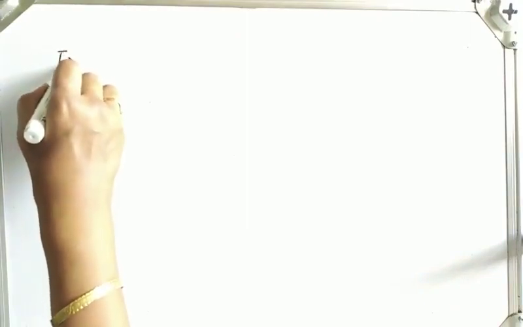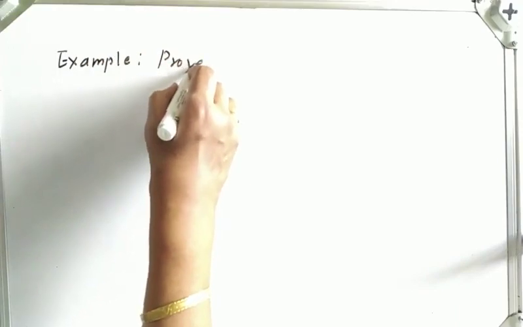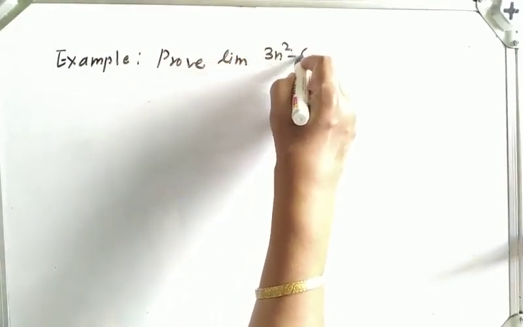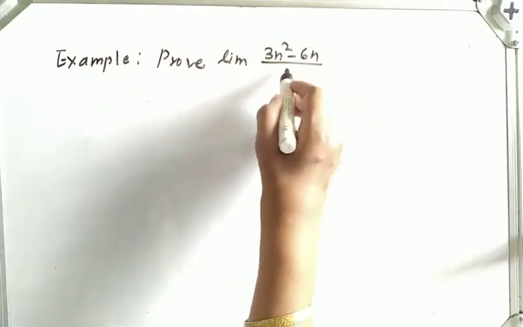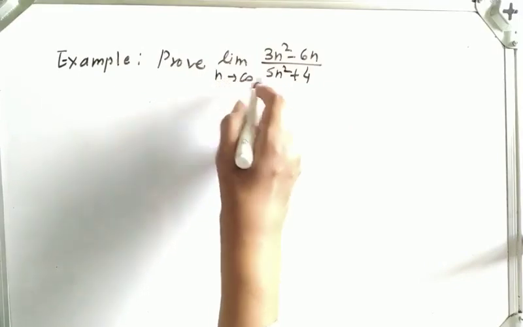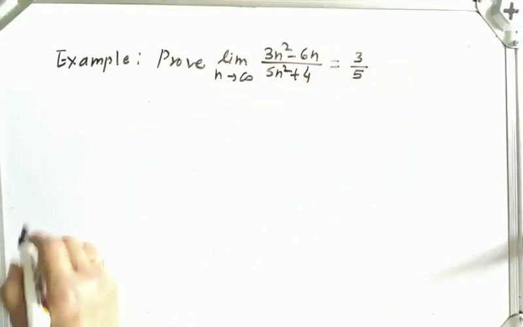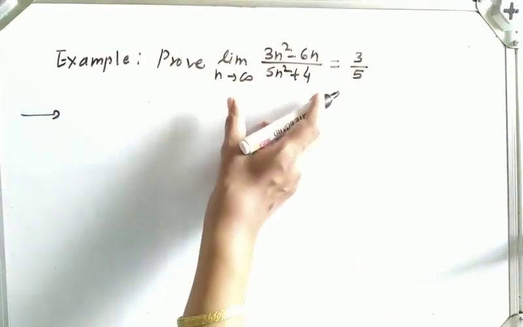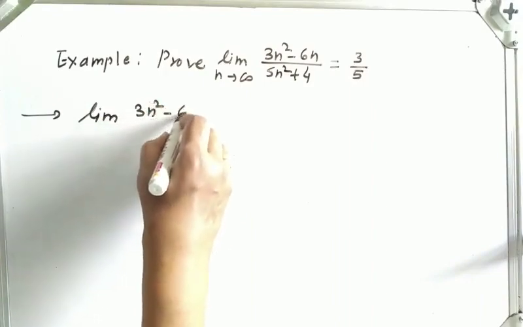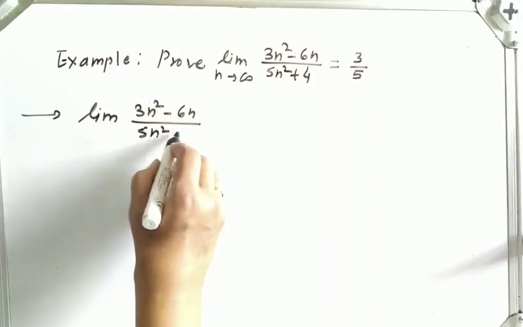Example: prove the limit of 3n square minus 6n upon 5n square plus 4 as n tends to infinity is equal to 3 upon 5. So in the solution we can write this limit as the limit of 3n square minus 6n upon 5n square plus 4